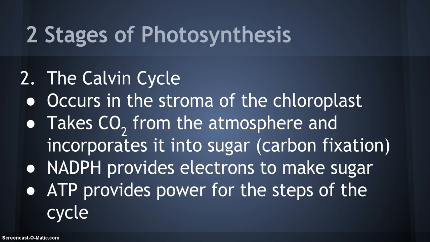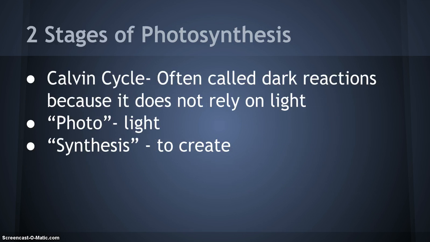The NADPH provides electrons to make the sugar, so we need that energy. Remember last time we needed that energy to make the ATP synthase go? Now we need that energy to build up this sugar. And ATP provides power for the steps of the cycle. So, the Calvin cycle, often called the dark reactions because it does not rely on light. So, it doesn't actually happen in the dark, but it does not rely on the light,